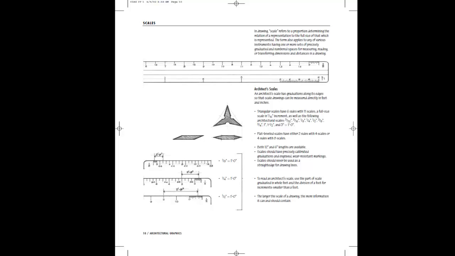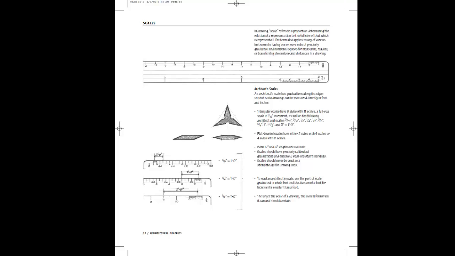We also work on ratios. If we look down here at some common architectural scales, and this is what the 3-sided end view of your 3-sided scale would be, because a 3-sided triangular scale includes these scales on it. 3/32 of an inch equals a foot, 3/16 of an inch equals a foot, 1/8 inch equals a foot, 1/4 inch equals a foot, 1/2 inch equals a foot, etc., up to 3 inches equals a foot. A common scale that we'd see on an architectural plan for a floor plan would be 1/4 inch equals 1 foot. Okay? Now, that's an easy one to work with because